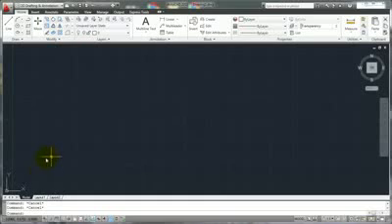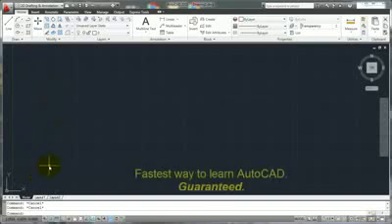Welcome back. In this tutorial we're going to talk a little bit more about command line options. I know we had discussed them a little bit with the line command, but we're going to talk about command line options a little bit more in depth here. And we're going to talk specifically about the rectangle command. Now we talked a little bit about command line options when we did the line command, but let's work with